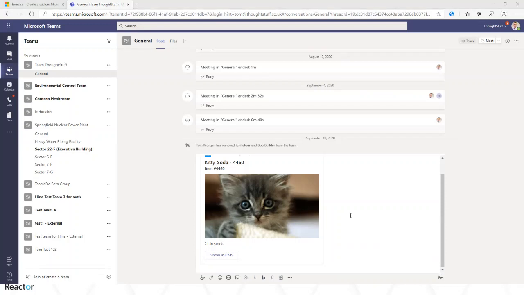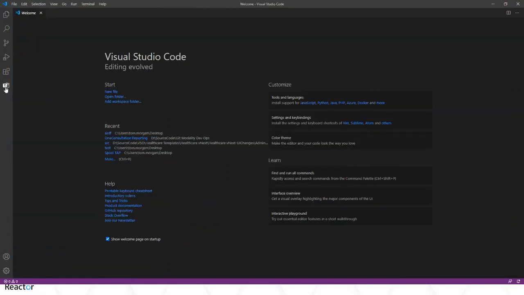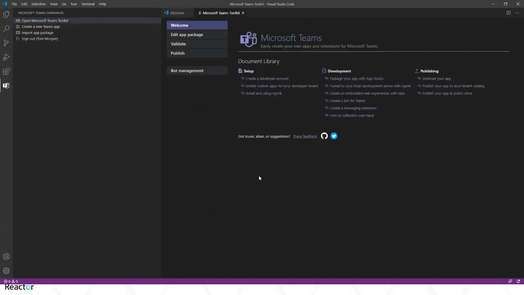I said I was going to talk about messaging extensions and also the Teams toolkit. So let's also cover the Teams toolkit. The Teams toolkit is available for Visual Studio and Visual Studio Code. I'm showing it to you in Visual Studio Code, as you can see. It allows you to create this kind of scaffolding for your first application. When you install it into Visual Studio Code, you'll see a Teams button down the side here. There's a few things in here. If you click on Open the Toolkit, this is a great jumping off point for making sure you've got everything set up in your environment and all the things that you need.